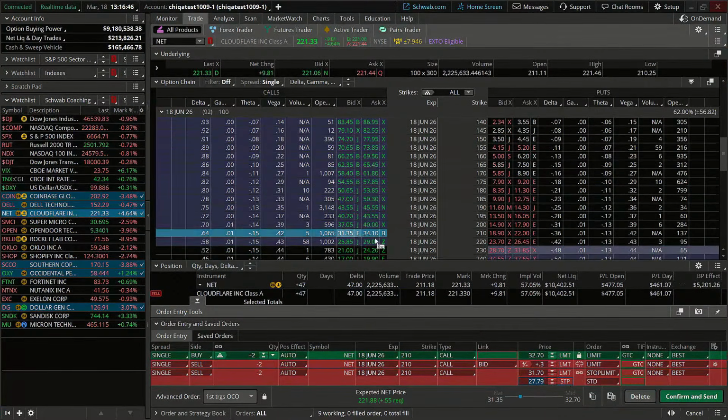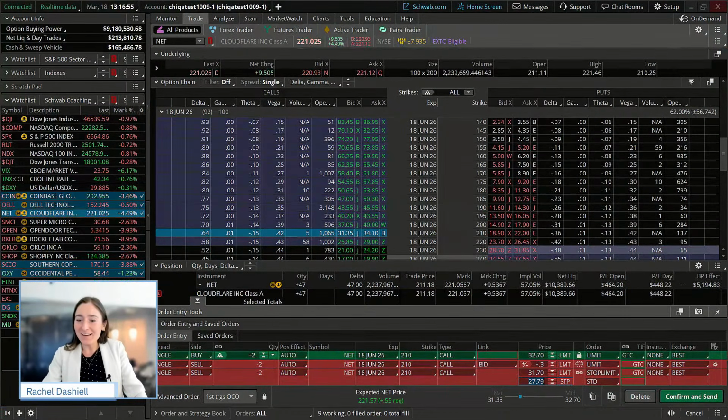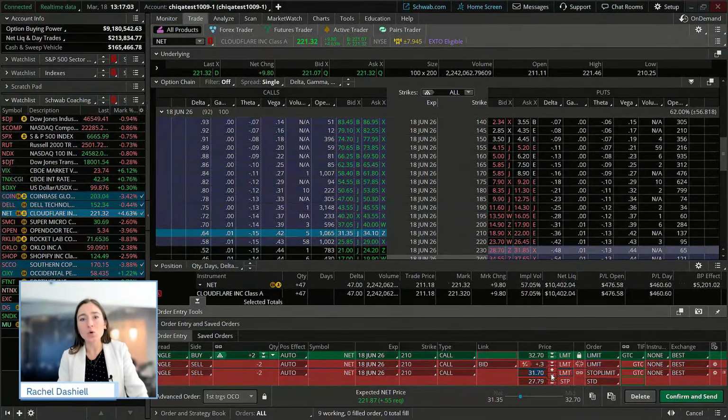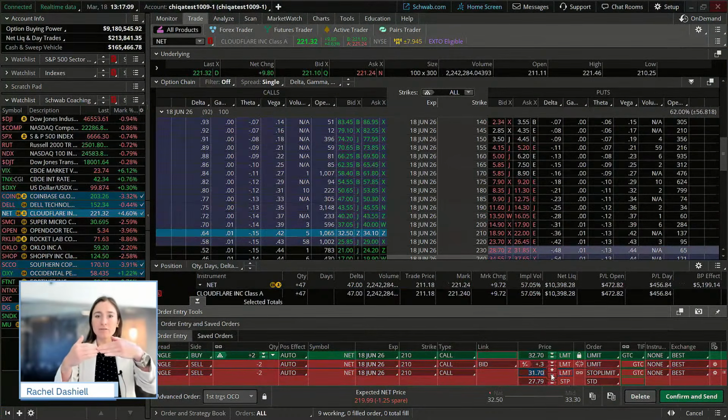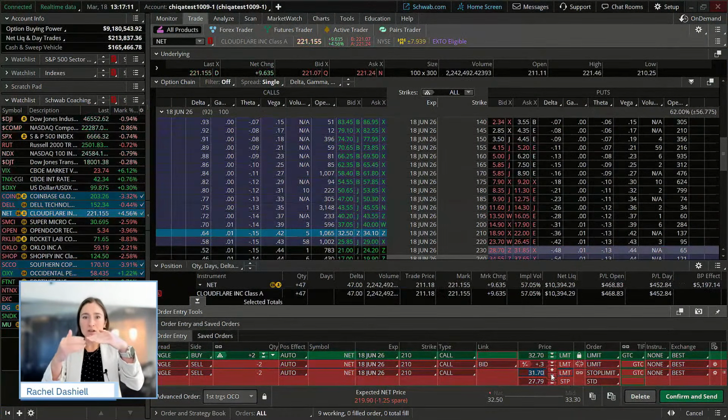Keep in mind the asking price of this option is about $34 right now. Man, that price is moving as we build out this trade. But essentially it's going to trigger off the ask, and then you're going to have the limit price that's going to come in a little bit below the stop order. We're going to use that as a little bit of a buffer, because keep in mind if the stop gets triggered, we have the limit order that comes after.